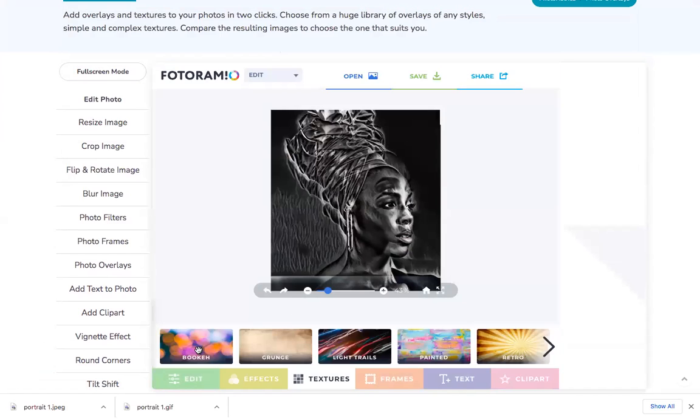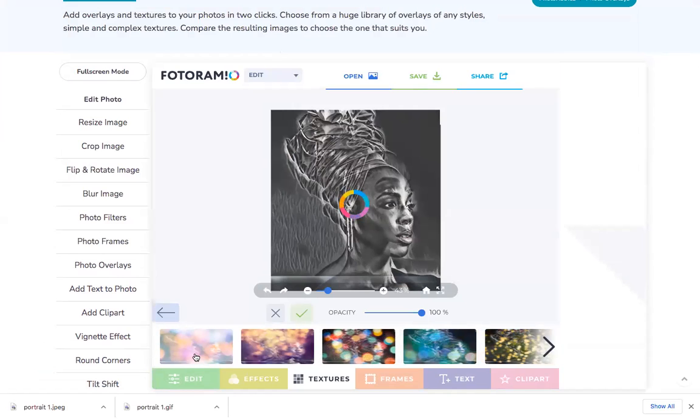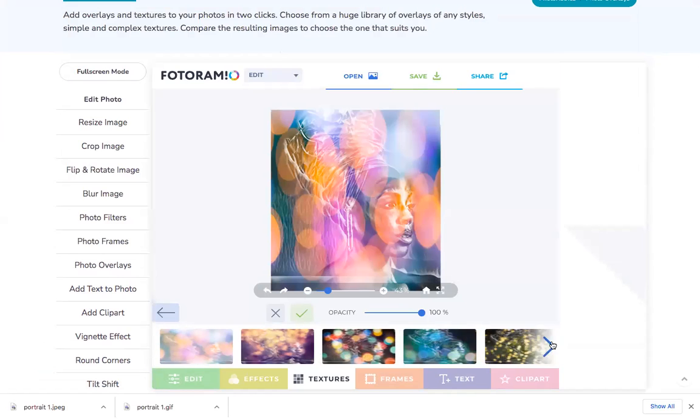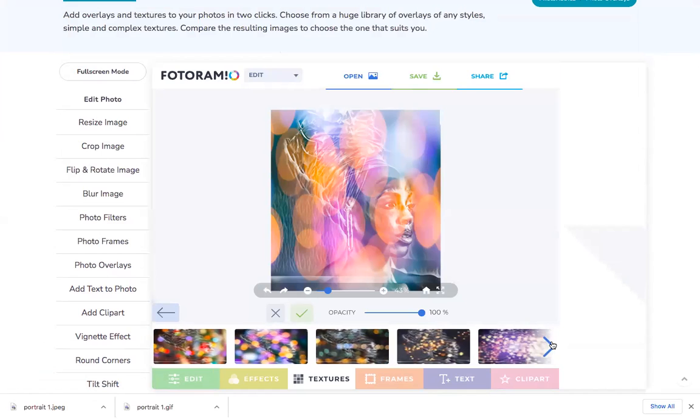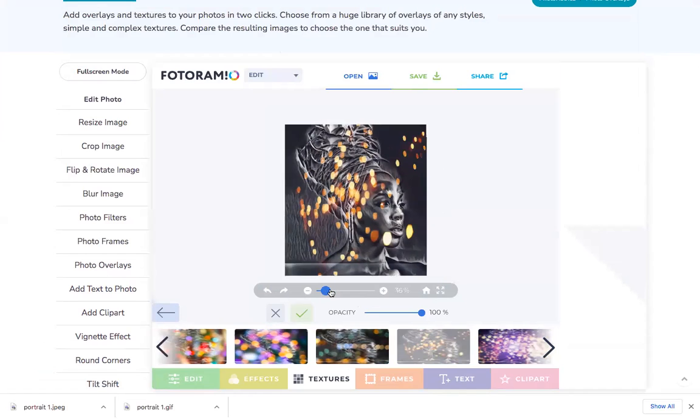All right, and then I'm just going to click through and try some of these overlays. And you can make it a little more see-through. That looks really nice, actually.